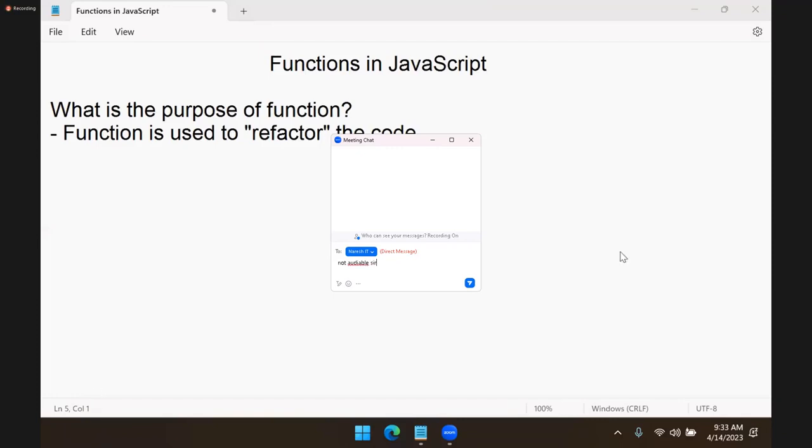Check once, is it audible now to everyone? So is it audible to everyone? Yes, okay. Yes, so